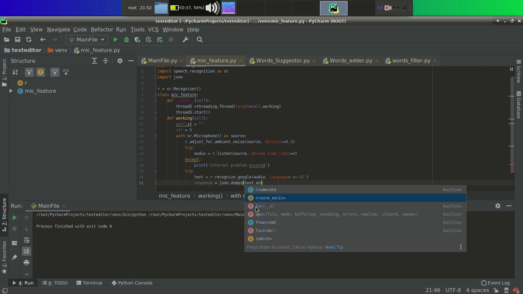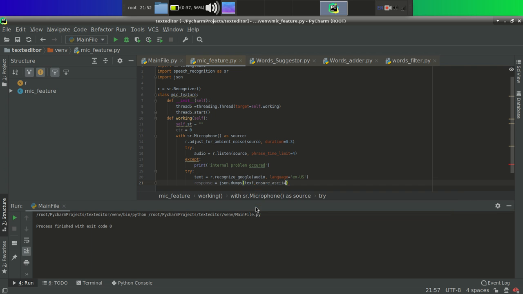ensure ASCII false, dot encode UTF-8. That's great.